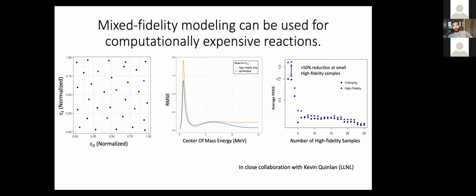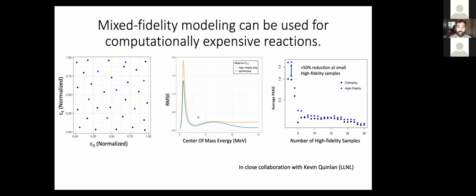So what we are trying to do now is look into mixed fidelity modeling, where one does a few high fidelity calculations, but then can fill in the gaps in this prior space with low fidelity calculations and see if this can help us decrease the deviation, how the emulator predicts our